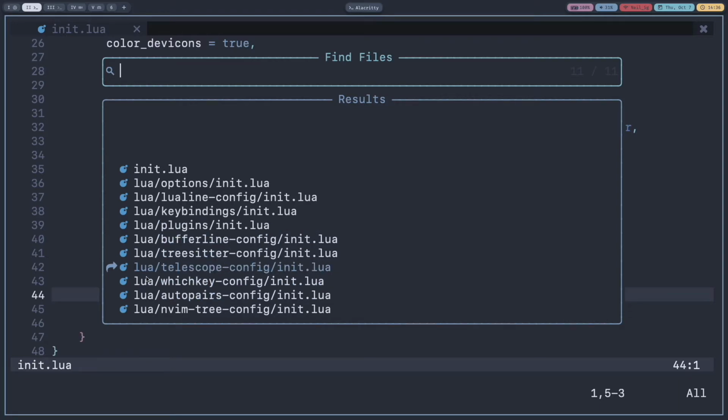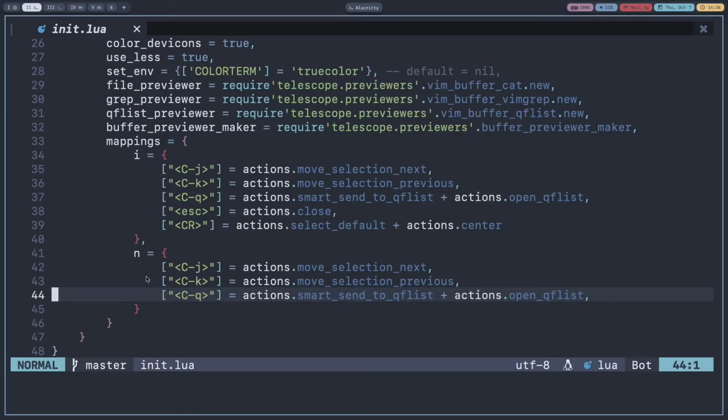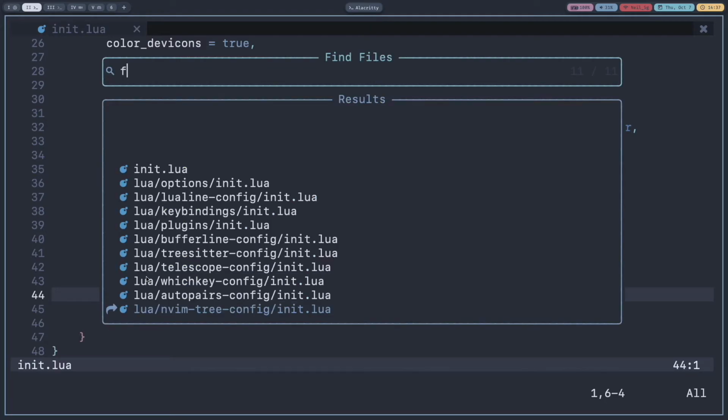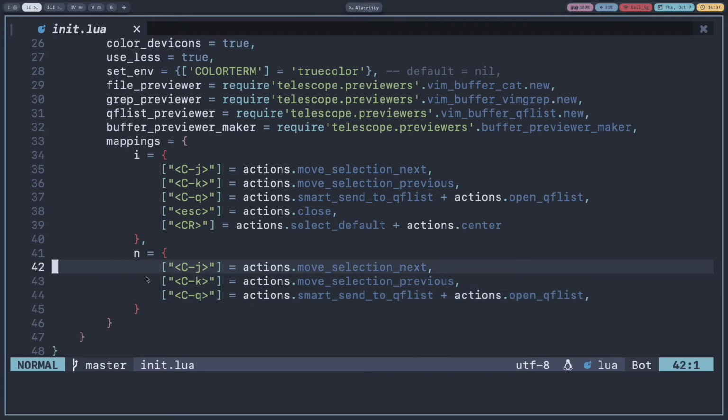You can do Ctrl N and P also, and tab does something else. By the way, if you want to close telescope, you can press escape.